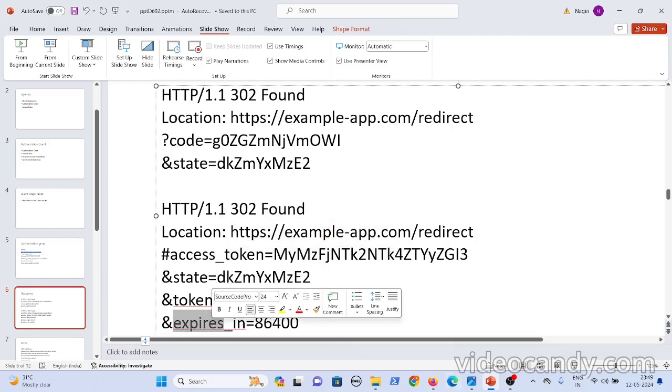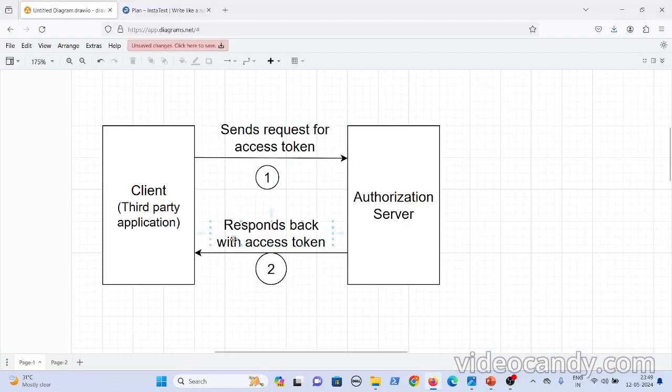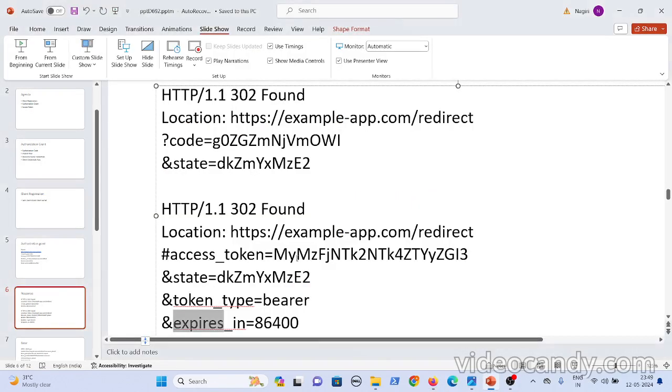Okay, now when you get the access token, you can talk to the resource owner by giving this access token. Here if you see, if there is any mistake or error that happens in the redirect URL, which means if a hacker finds your redirect URL, or if a hacker changes this redirect URL and gives their redirect URL, then your access token is stolen. Okay, so that is a security consideration you have to consider when you are opting for implicit flow.